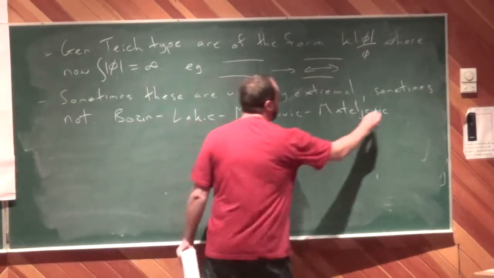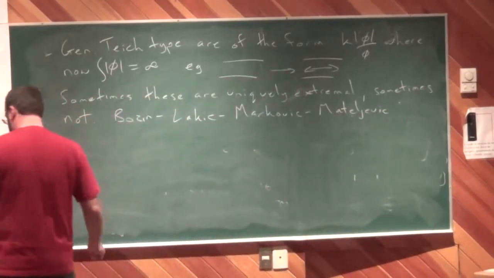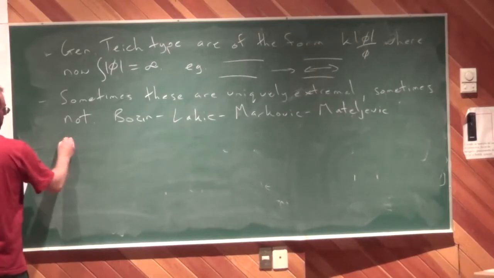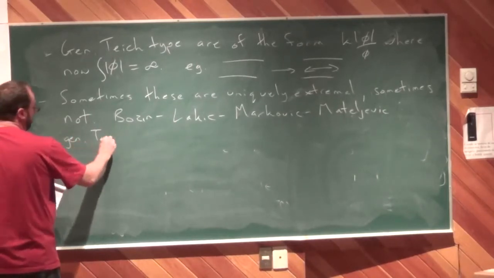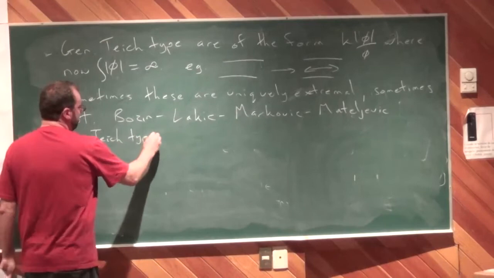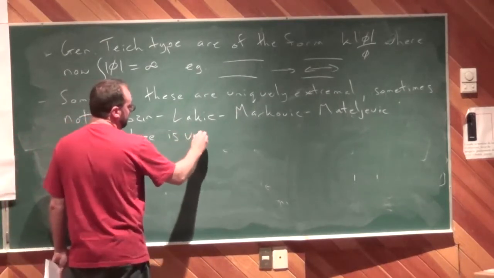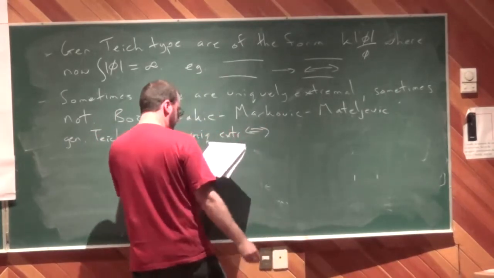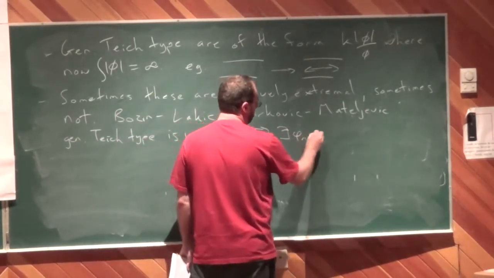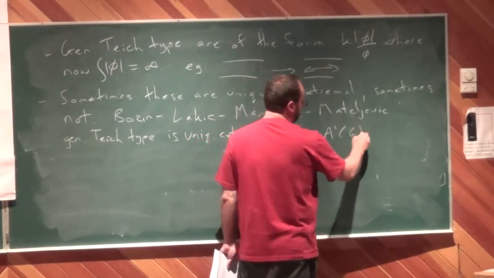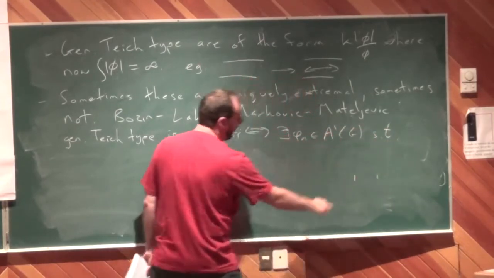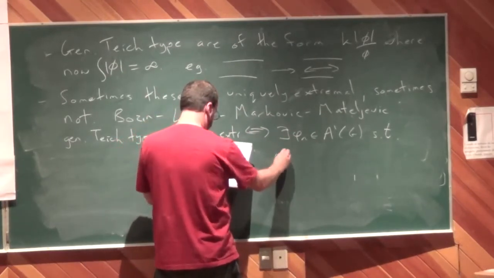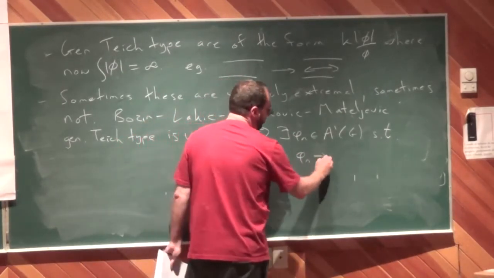One thing they did do is that a generalized Teichmüller type mapping is uniquely extremal if and only if you can find a sequence of holomorphic quadratic differentials which are integrable, so that phi n converges to phi